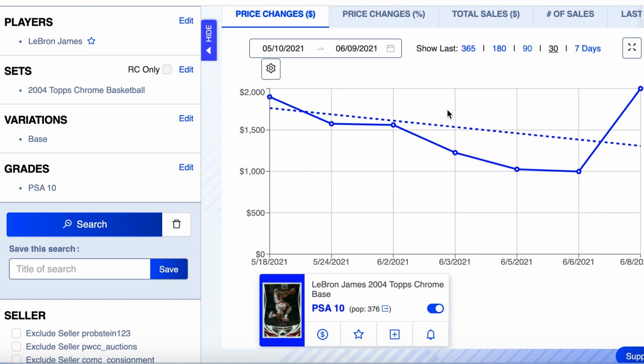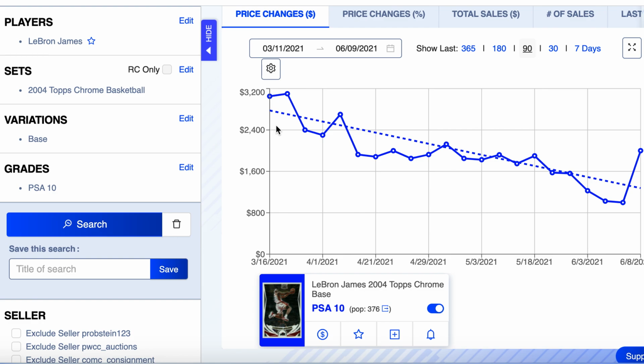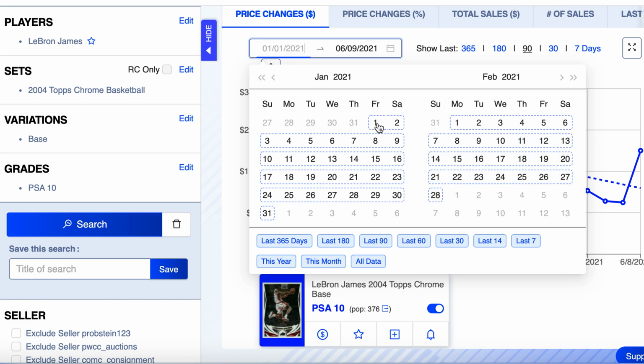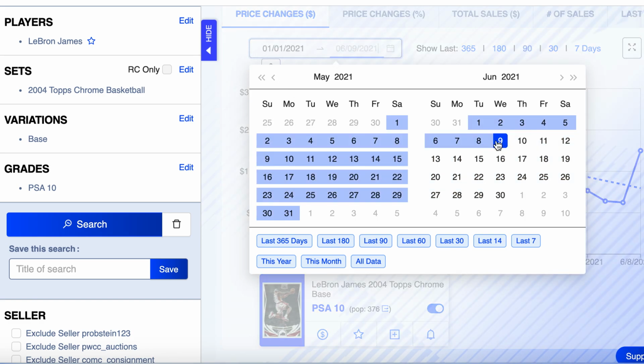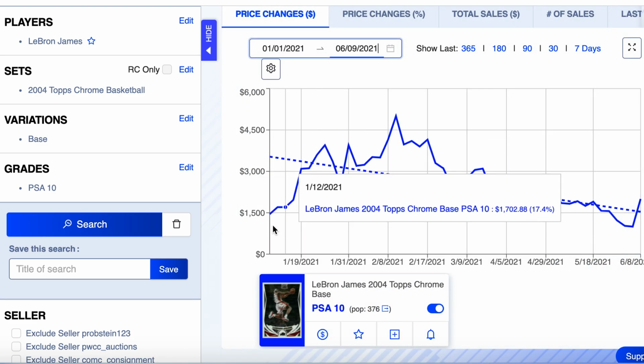Because if we pull this back, let's pull back 90 days. See where this sucker was at 90 days ago. I mean, this card has certainly come down. You know what? Let's pull it back all the way to February. Actually, let's go all the way to the beginning of the year. What am I doing? Might as well, huh? What's today, the 9th? Okay, so it looks like at the beginning of the year, this card was